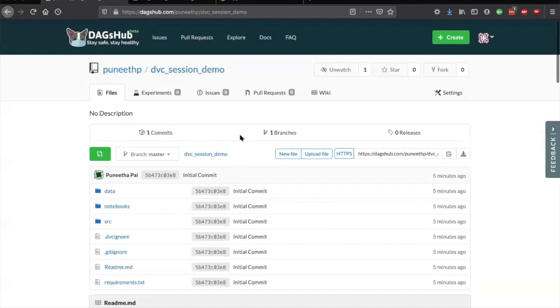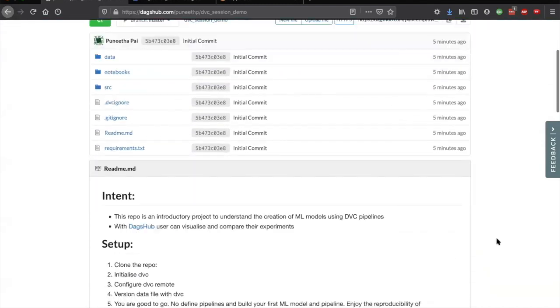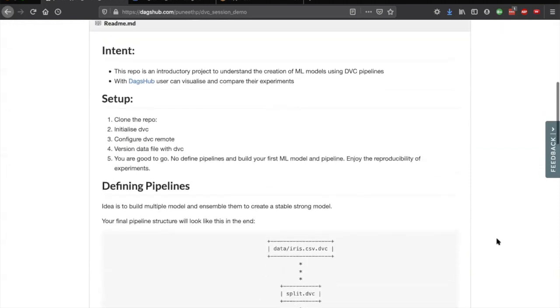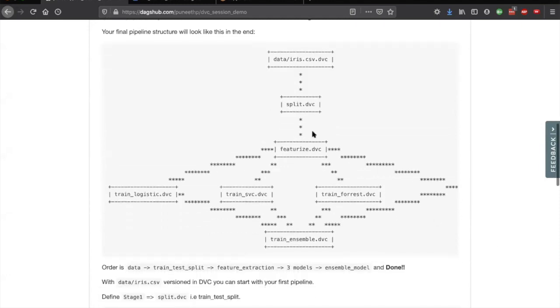This is the repository which has the data, and we'll end up building the machine learning solution here. At the end of this demo, you will have built a DVC pipeline which looks like this. You start with the iris dataset, you split them into train and test data. You do feature engineering and extract features you want to train on.